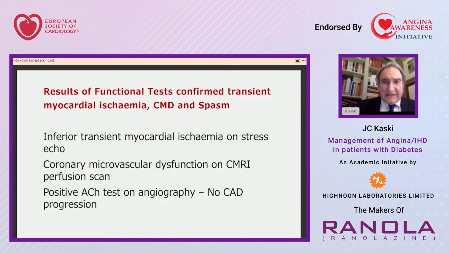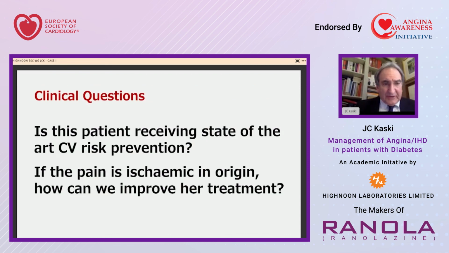And the test we did angiographically with injection of acetylcholine showed mild coronary artery spasm in the right coronary artery, and she had no coronary artery disease progression. The stent was absolutely fine, and we could not see any further abnormality in the coronary angiography. So now we know that this patient has myocardial ischemia, that there has been no progression of the coronary artery